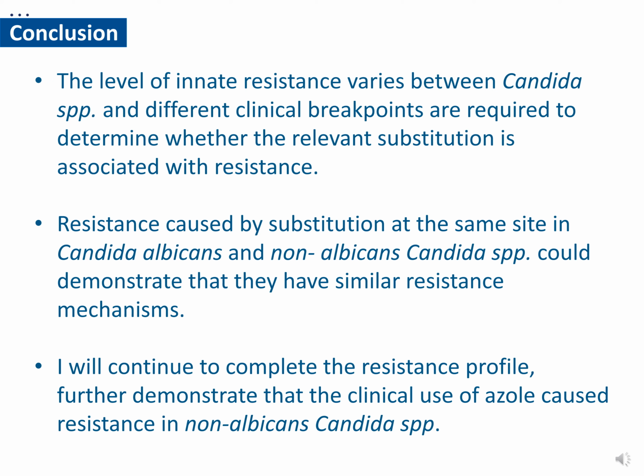So the conclusion: the level of innate resistance varies between the Candida species, and different clinical breakpoints are required to determine whether the relevant substitution is associated with resistance. The resistance caused by substitutions at the same site in both Candida albicans and non-albicans Candida species could thus demonstrate that they have similar mechanisms of resistance. And I will continue to complete the resistance profile, to further demonstrate that the clinical use of the azole caused resistance in non-albicans Candida